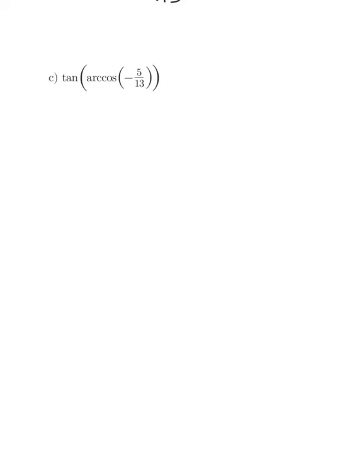On example C, we want to find the tangent of the arc cosine of -5/13. The inside set of parentheses is just for readability so that you can see that it's negative 5 over 13. So we have to think about, this is a cosine function and it's negative. Where is cosine negative? We are using second quadrant for cosine. Tangent and sine are fourth quadrant for negative, but cosine